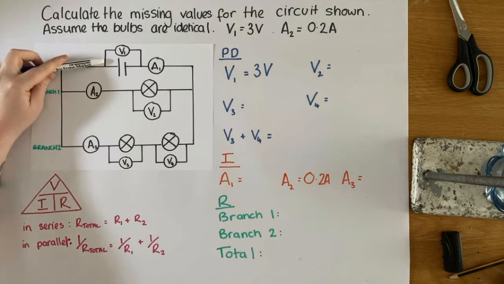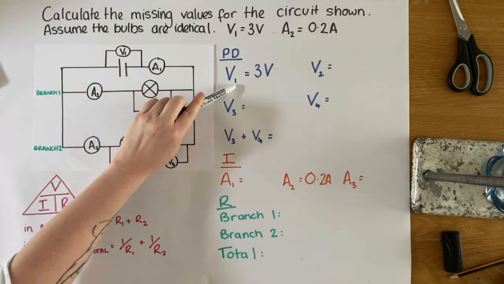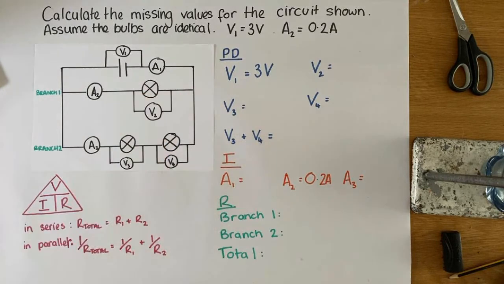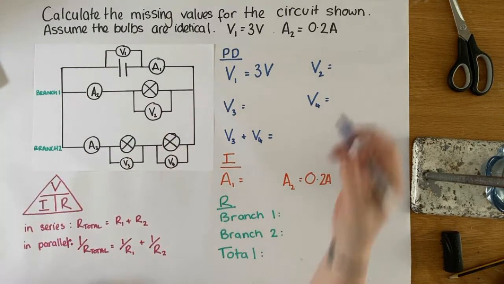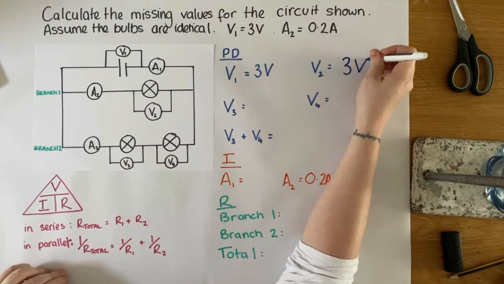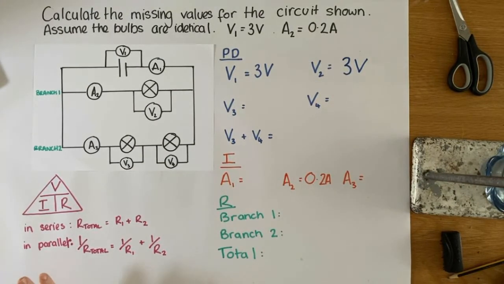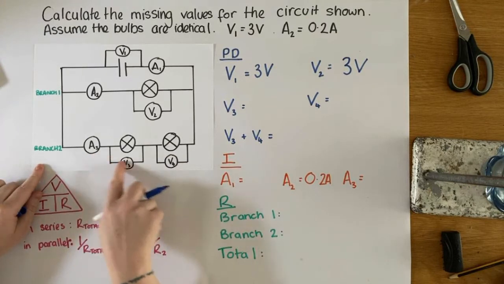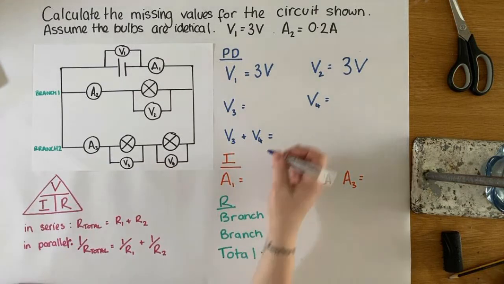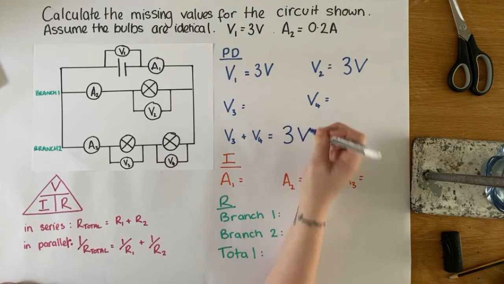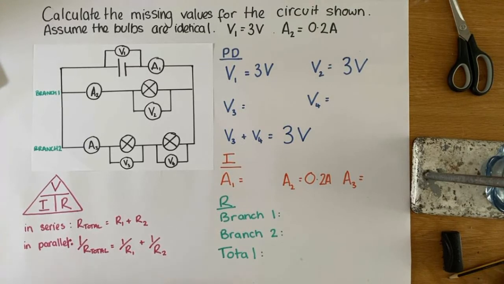So if I know that the voltage being supplied by my power source is 3 volts, then it must also be true that the voltage on branch number 2, which just has one component, is also 3 volts. I don't need to do a sum to calculate that, because that's how potential difference behaves in a parallel circuit. Equally, I know that across the whole of branch number 2, these two voltages combined must also be 3 volts, because in a parallel circuit, the voltage across a whole branch is always the same as that given by